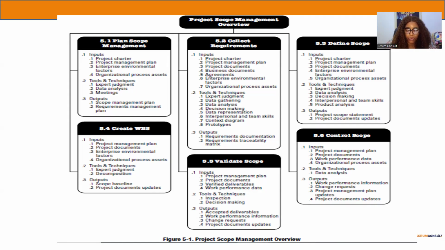What is a product? We've talked about the project. We know what a project is. What is a product? The product is a deliverable.